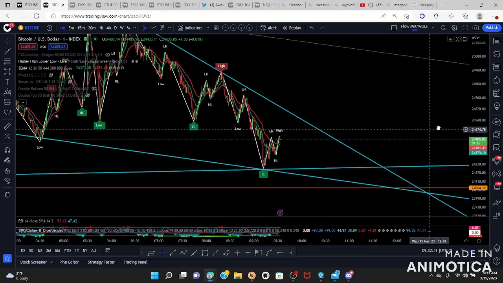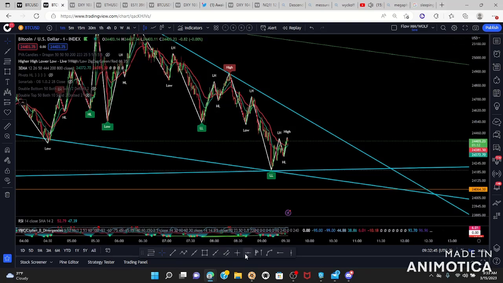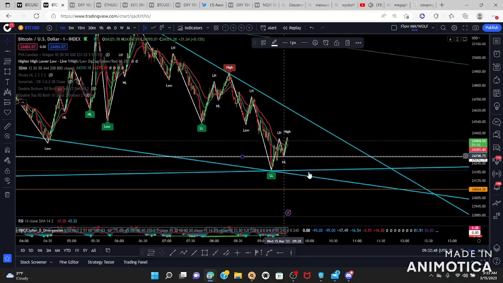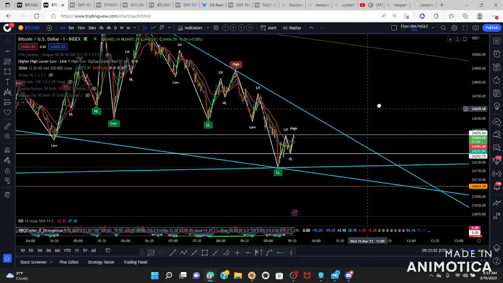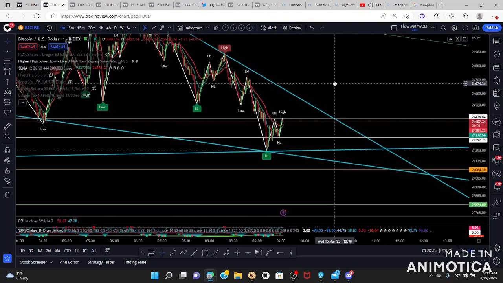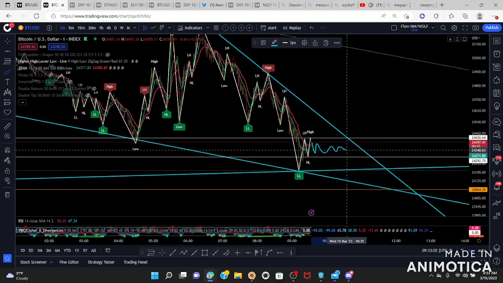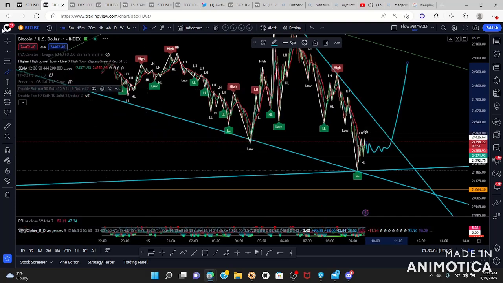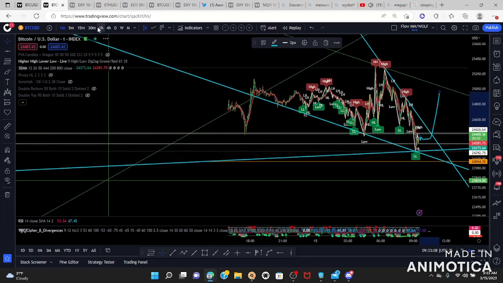So with that being said, I would set my range off the bat here. So this is what's going to happen next, right? We can consolidate here and break this falling wedge to the upside and give us, I would say,